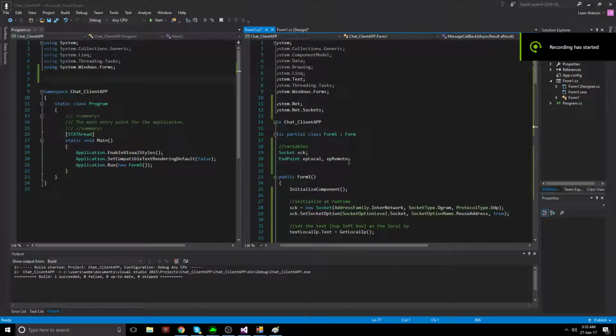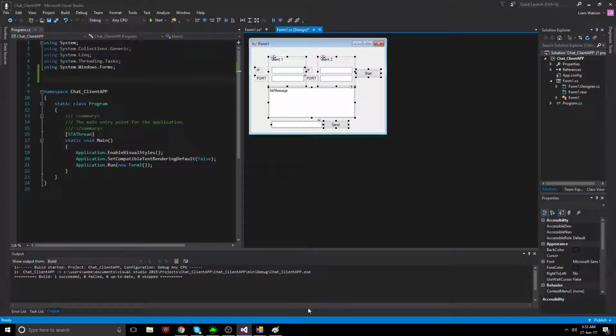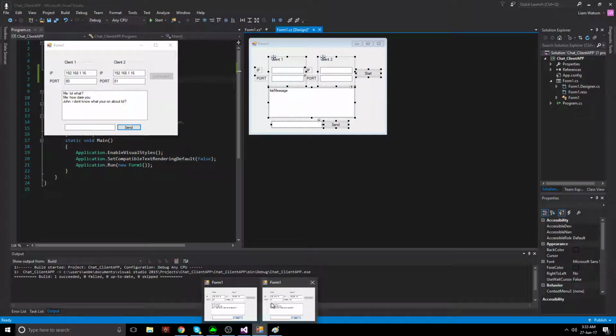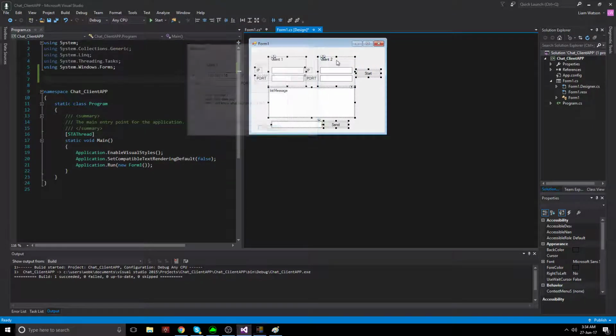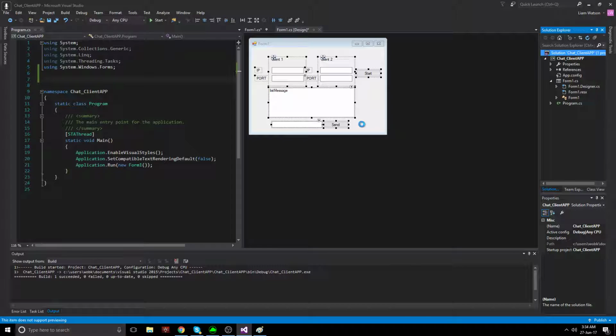Okay, so I'm just going to take you through my application, which was two-way communication. Before we go anywhere, I'll show you that it's working. So if I just close these two off, and just going to the,